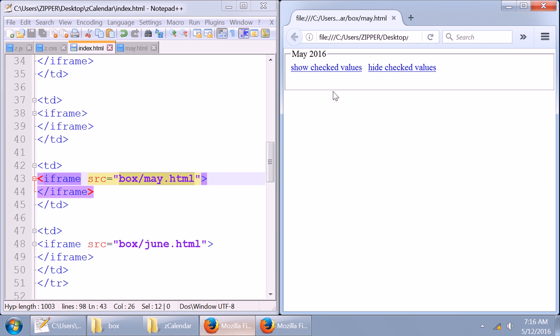Oh, let me go down. This is the May page. See if you can see here, you have file, 3/C, users, zipper, desktop, zCalendar, box, may.html. So before I finish